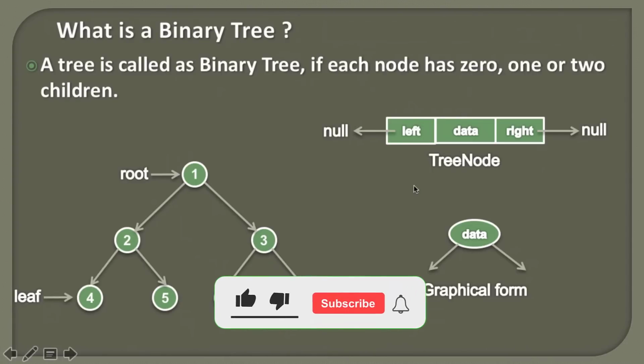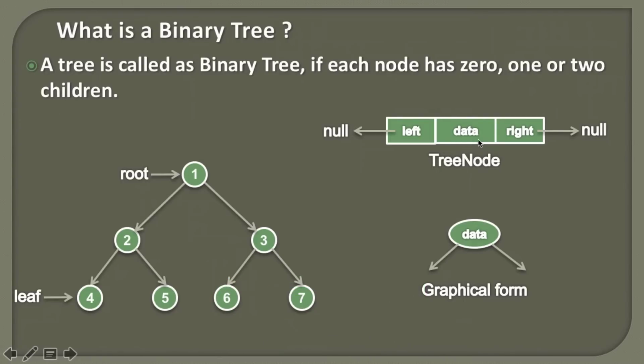So friends, a binary tree is basically represented by a tree node. Here you can see a tree node consists of 3 things. One is the data part, which actually holds the data. As you can see, the data is like 1, 2, 3, 6, 7, 4, 5. And then a pointer to the left node and a pointer to the right node. These pointers are basically of type tree node itself. So here you can see the node having data as 1 is basically a tree node, whose left is pointing to the node 2 and whose right is pointing to the node 3.